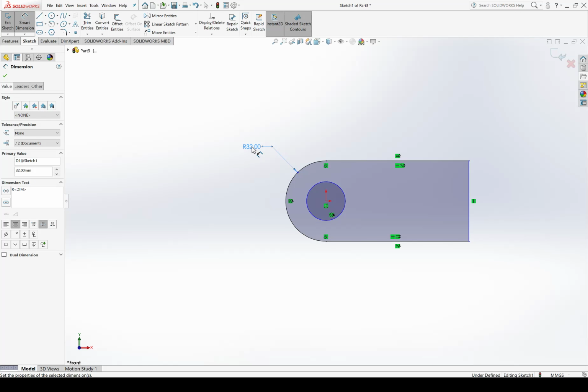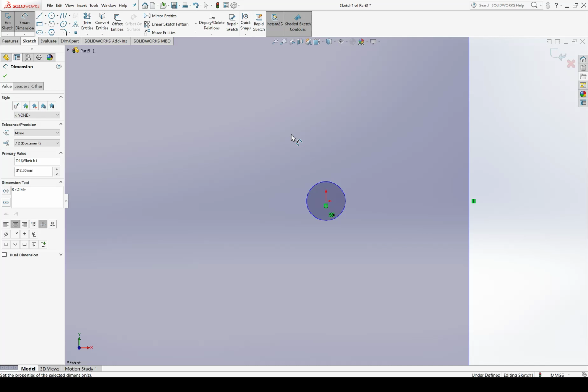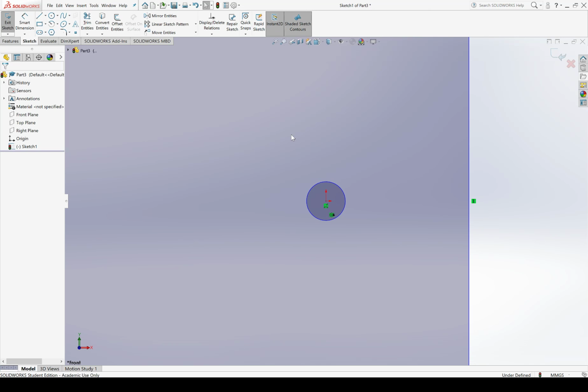By the way, just as a fun fact, I know how much you guys like fun facts. Because my unit system is defined as millimeters, everything that I add dimensions to defaults to millimeters. If I type 32 and hit enter, it'll assume I mean 32 millimeters. If I wanted to make this in inches, and I didn't want to change the unit system for whatever reason, I could just type 32 IN, and it'll figure out how to make that 32 inches. I could also type 32 M for meter, or 32 MI for miles. There's a lot of built-in units, and it handles the conversions automatically.